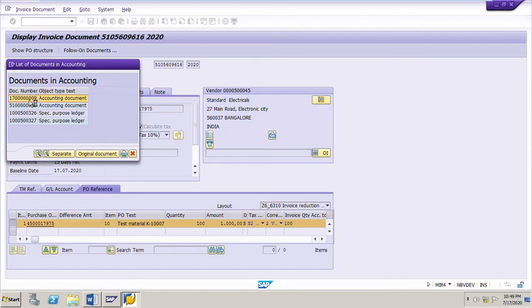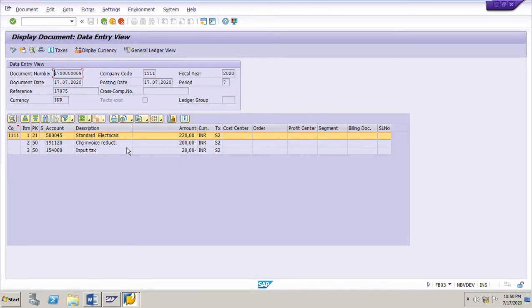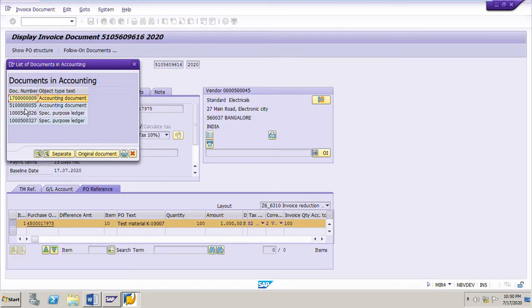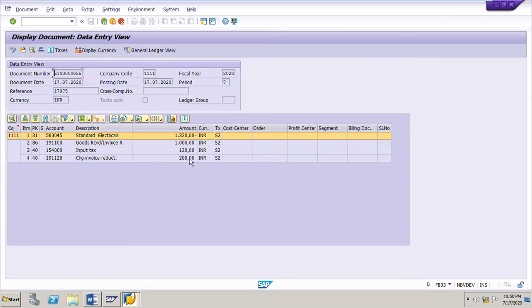This is the accounting document of the credit memo. So the vendor has to pay us back 220. The invoice reduction is 200 rupees, the tax on 200 is 20, and the total amount the vendor has to pay us back is 220. One more point: in the main accounting document, the tax amount is 120. Why 120?